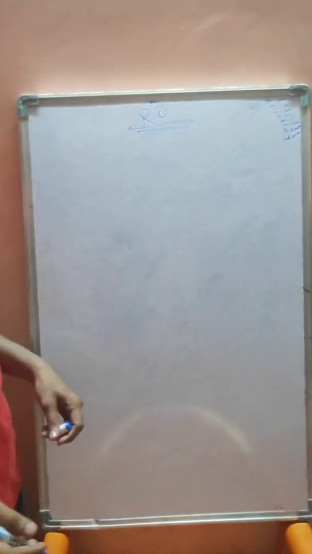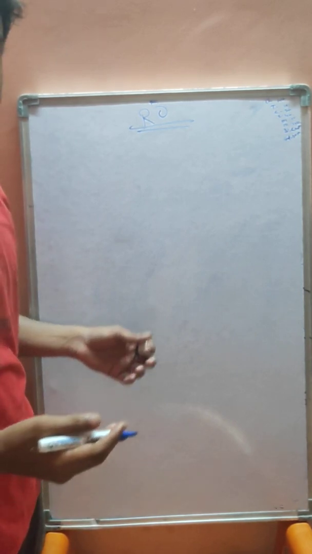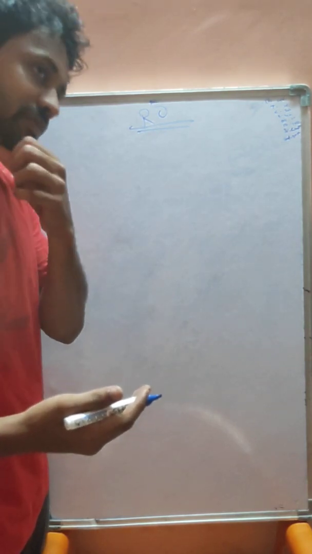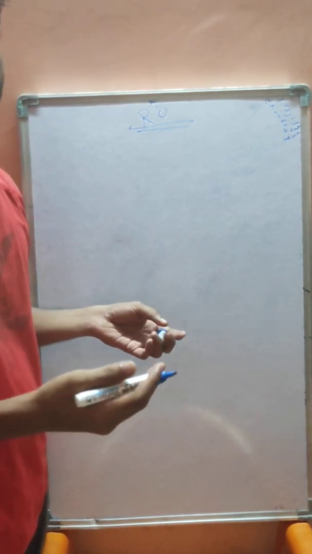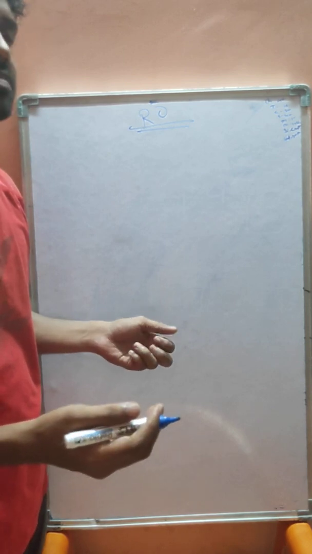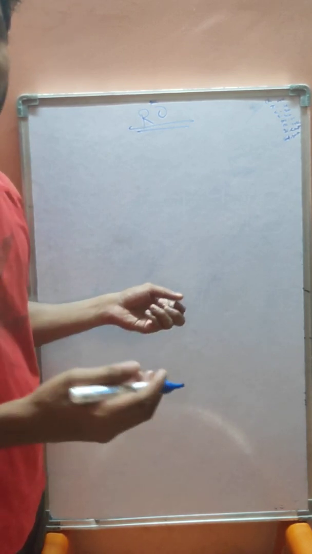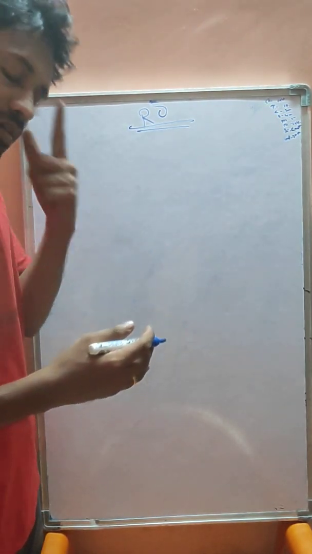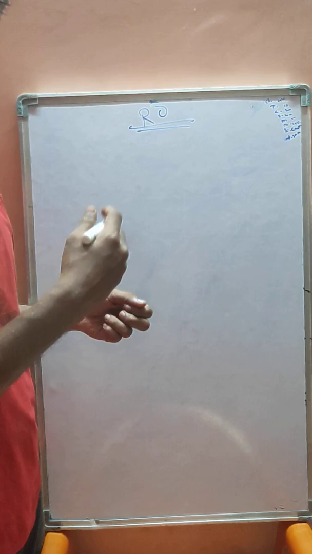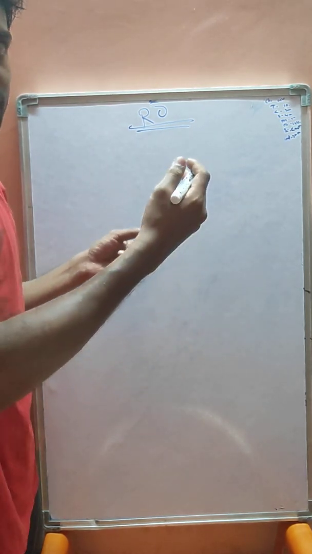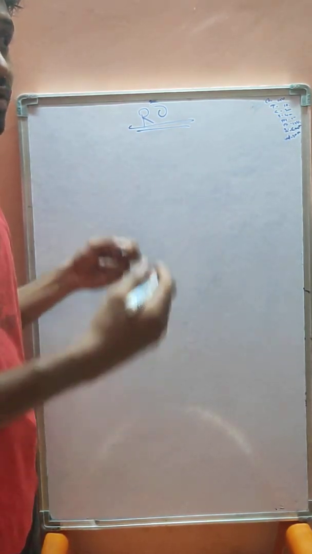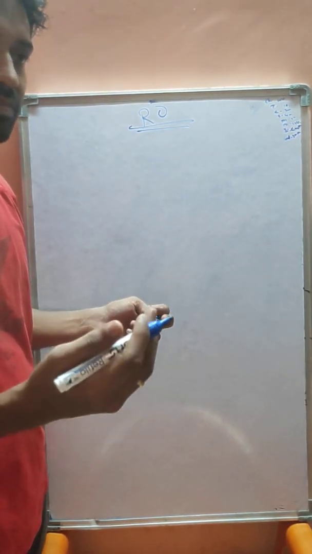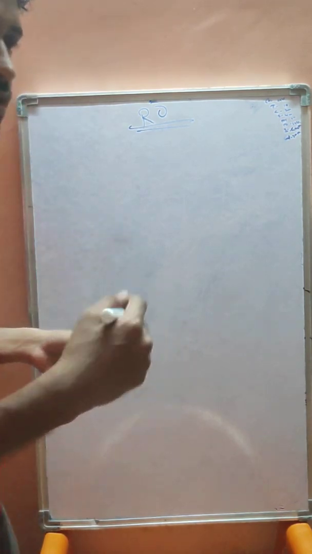So an RO system simply contains filters, cartridge filters like sand filters and carbon filters, and finally the RO membrane filter. These are the three main components that we have. After passing each of them, we will see what output we are getting, why we are using each column, and also what outlet spec we are attaining. That's what we are going to see.